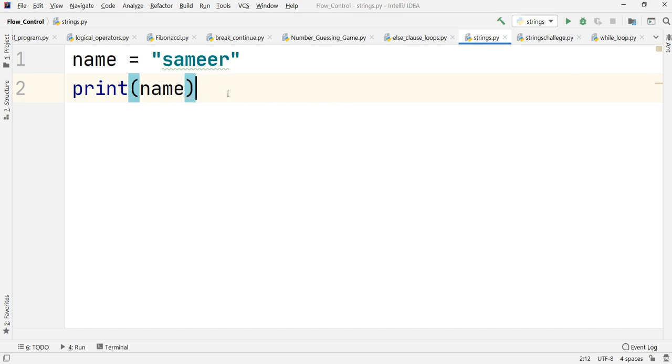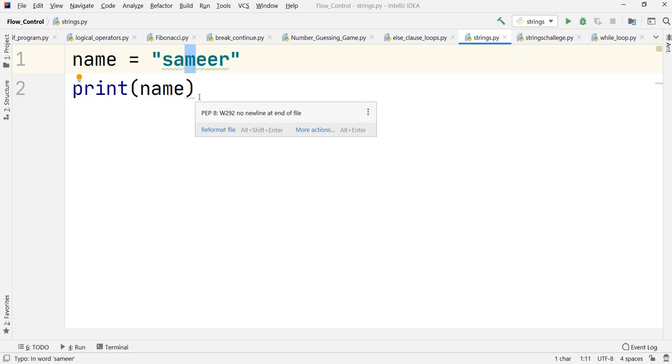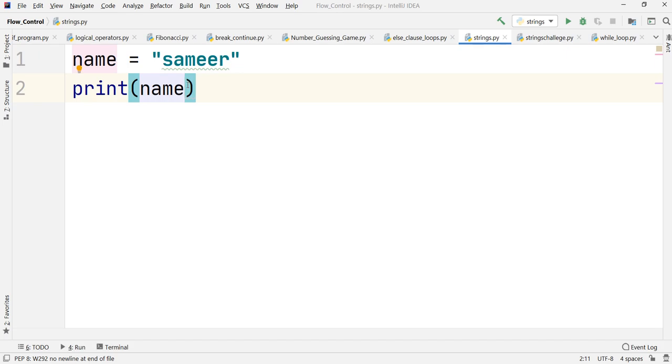But what more can we do with this particular string? Suppose I want to access this particular character of my string, or display only that part of my string, how can it be done? In Python it is possible to access the individual characters inside the string, using the indexing of that string.